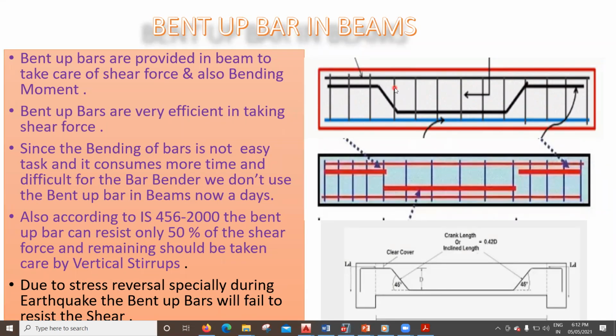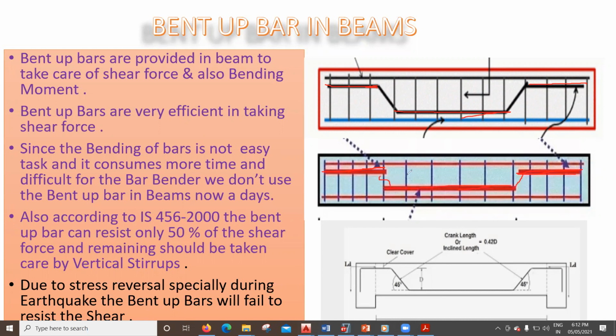Okay, so as a result of that, we'll try to put a bar something like this. See, these are called curtail bars. So here what we are going to put, this bar what we have, this much length, that extra bar we will provide here. Similarly, this bar what we have, that same bar we are going to provide here. And now this bottom bar what we have, that bottom bar we are going to provide here. Only this bend what we are supposed to provide, that we are not going to provide.